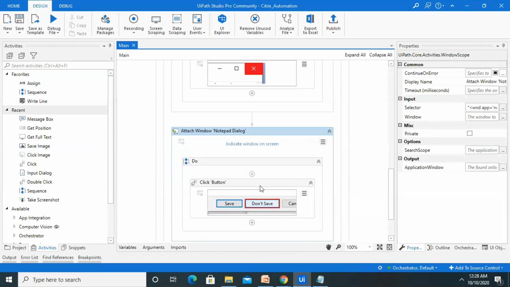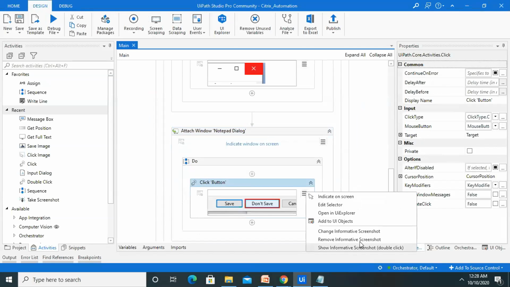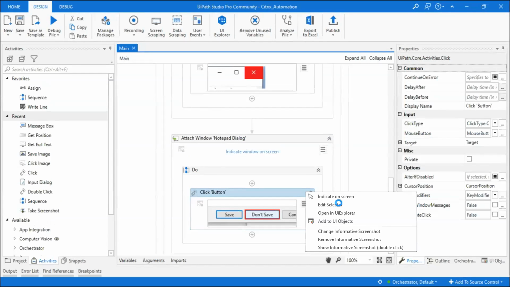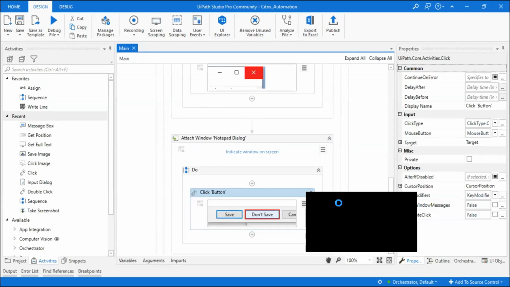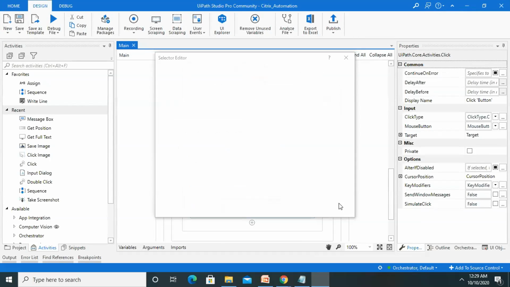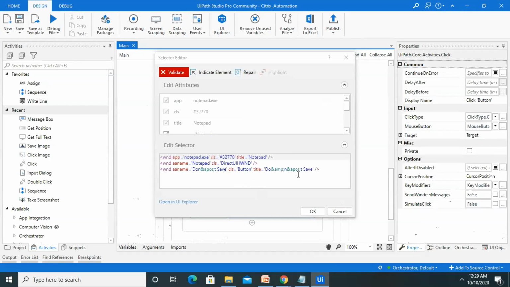So this is talking about the selector parts, where we have to define the specific selector and the position which we want to close. For closing this, we just have to go to this and edit the selector.